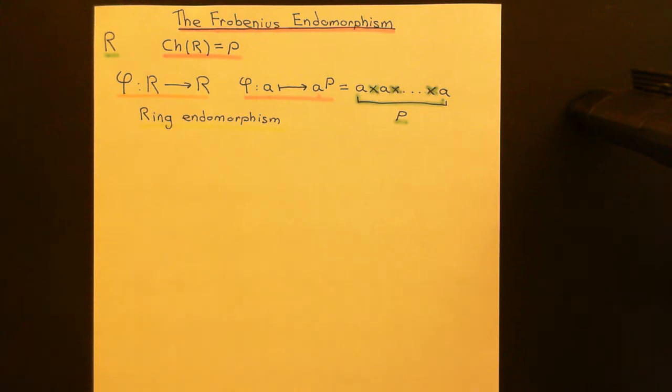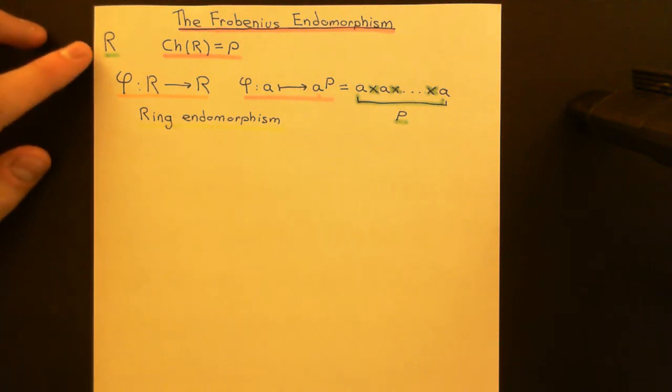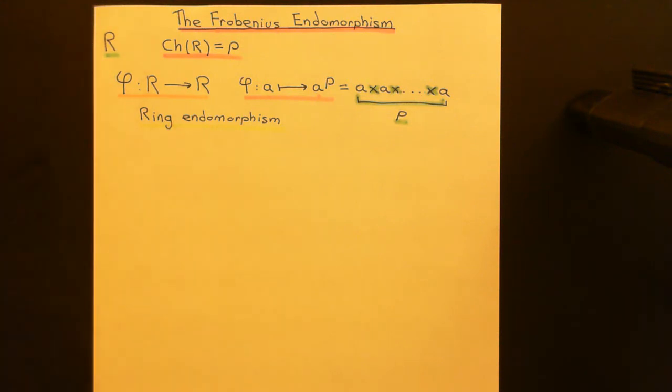So what are we going to spend the rest of the video doing? Well, of course, we're going to spend the rest of the video proving that it is a ring homomorphism, because it isn't trivial that this is a ring homomorphism. Okay, so we're going to prove additive compatibility, which is the least trivial, first, then multiplicative compatibility, which is fairly trivial, and then the fact that the multiplicative identity is carried to the multiplicative identity. The final two you should be able to do instantly, okay, because of the fact that this is a commutative ring. The first one, additive compatibility, is the most difficult, and that's going to require a big argument, and that